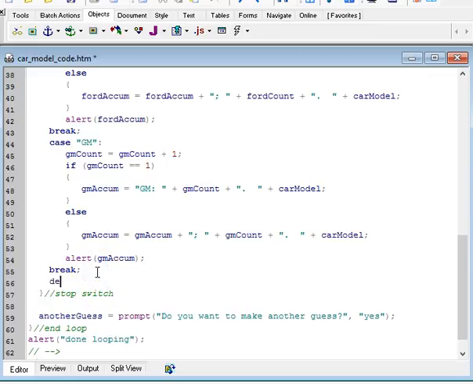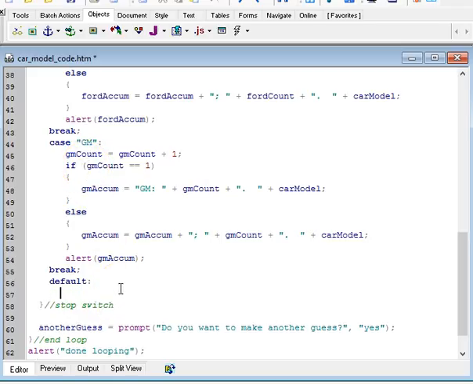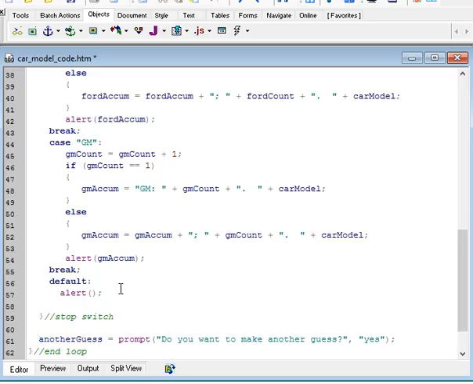So remember, we use default for everything else. So anything else besides that, if it comes down here and it doesn't match the first three, then we go into default. And for the default, I'm going to have the alert open and close parenthesis, and I'm going to have error flag, oops,